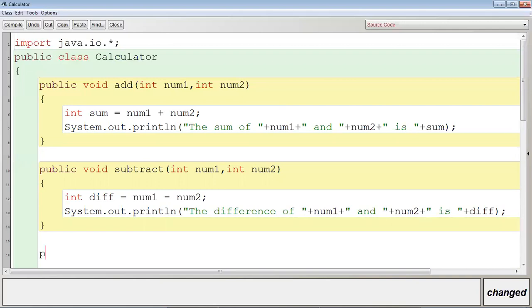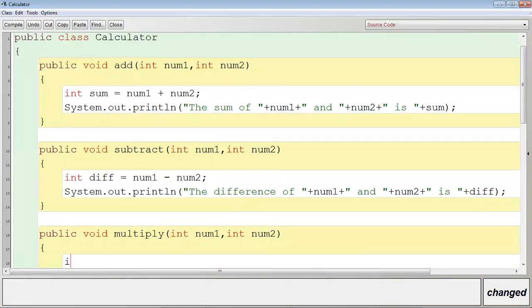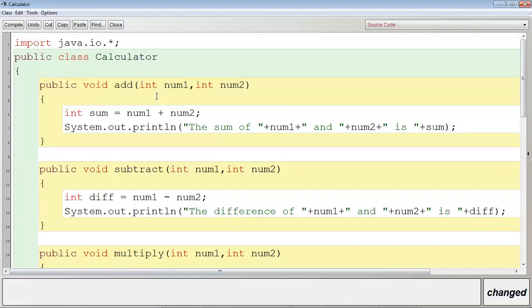Now let me define the third method, public void multiply, and let me make it parameterized: int num1, int num2. Int pro means product. You can use any variable. See, here I have used num1, num2. You can take x, y, z, any variable. But what I suggest is that the variable name should be meaningful.